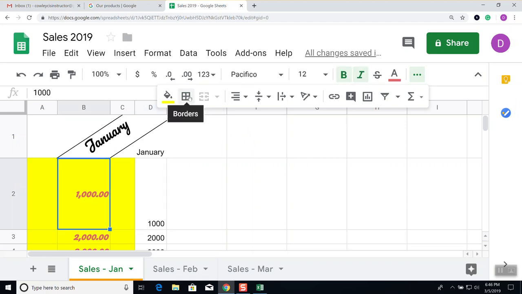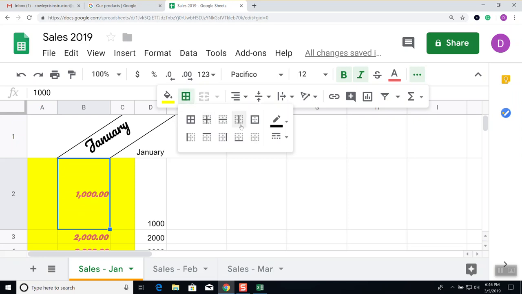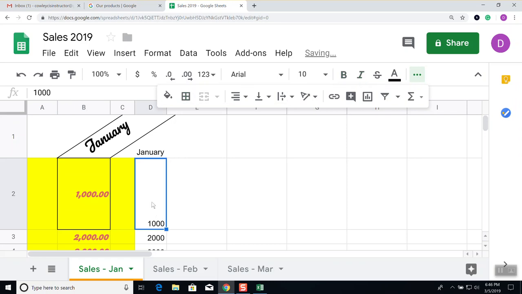This one down here, if I choose the borders and choose this one here, it's no longer at an angle. It's just like a normal rectangle like you'd expect. And as you can probably imagine, if you select multiple ones,